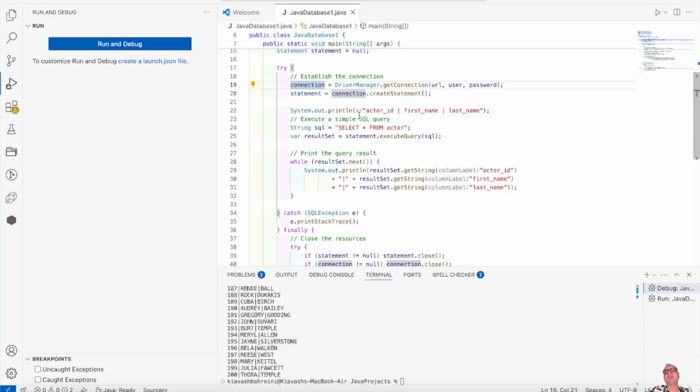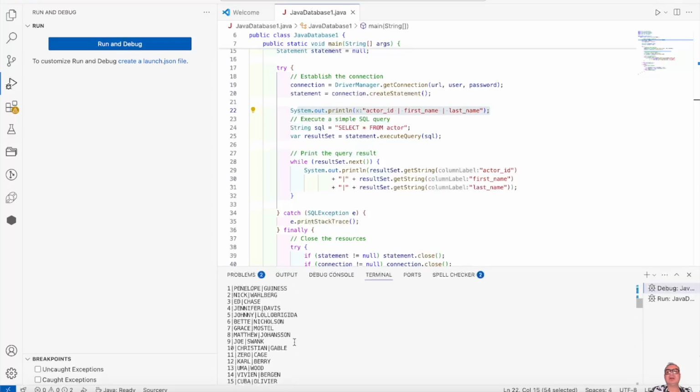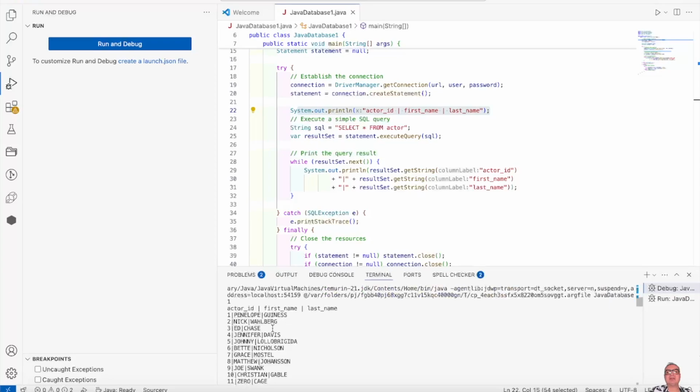Then we say System.out.println actor ID, first name and last name. This is the line that I have created to show the metadata, or information about the data, showing what we are going to present to the user. And then we can write SELECT * FROM actor, to retrieve all the data available in the actor table. Once you create your SQL, you can use your statement to execute it,